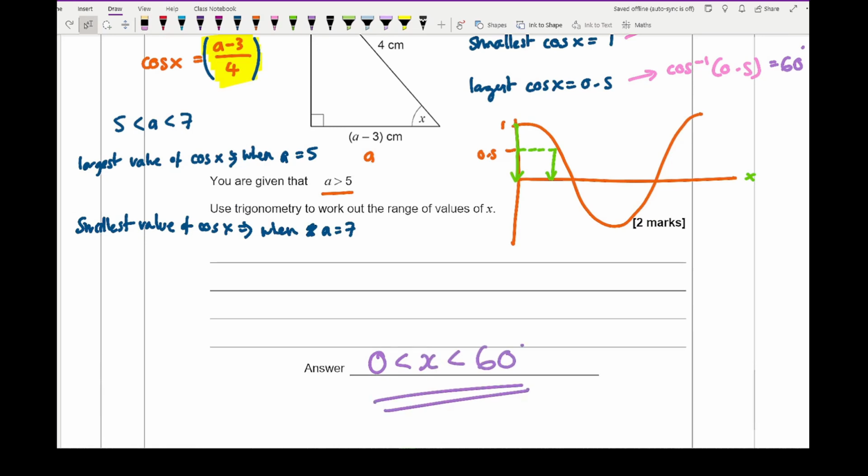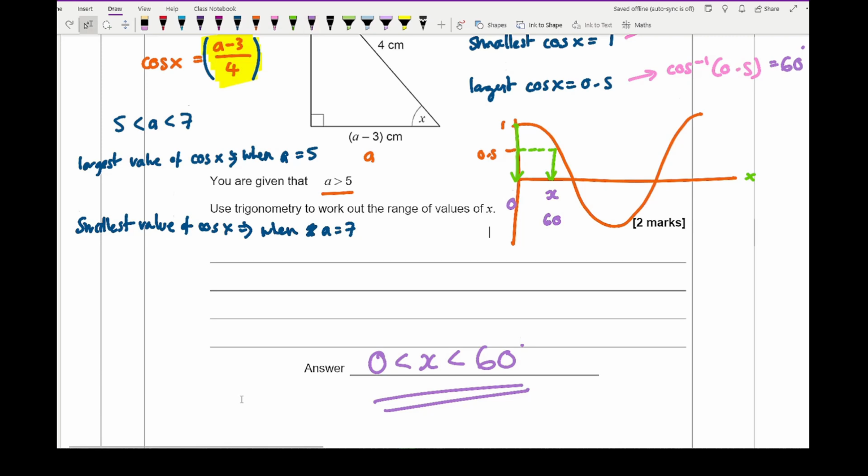Now again, for 2 marks, that's a lot of work, and I'm hoping that my method may make a bit of sense, but it's just recognizing that that fraction can only be somewhere between a half and 1. And then using the graph, you can then work out which two values you need, and you only really need to work out this value here, which is 60, and that's 0, and then you can work out the answer